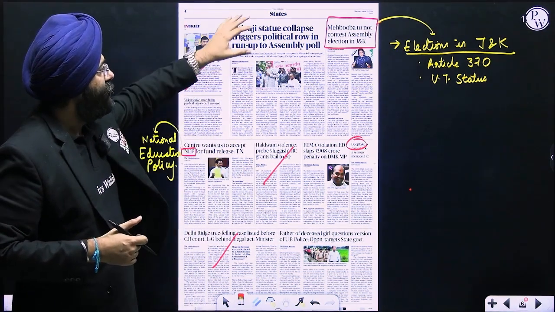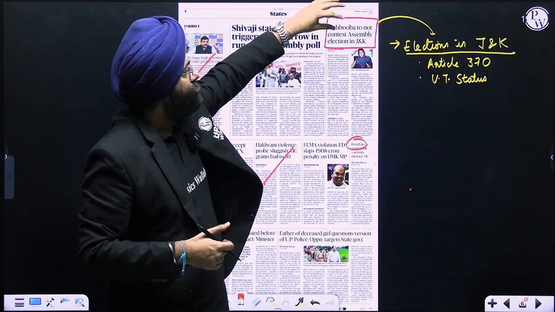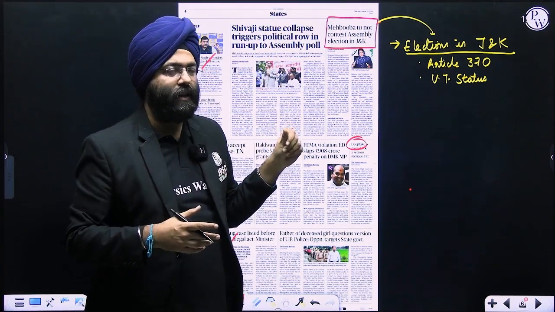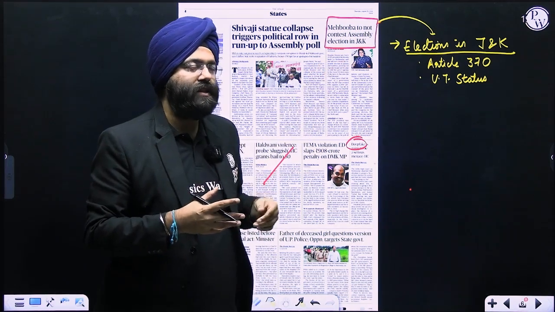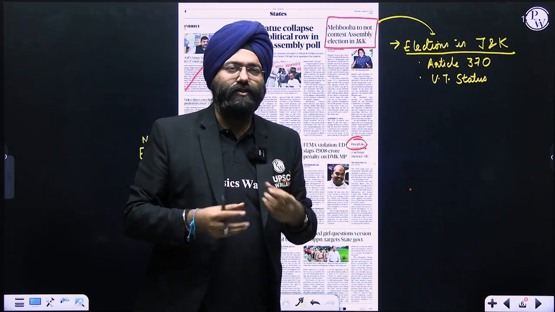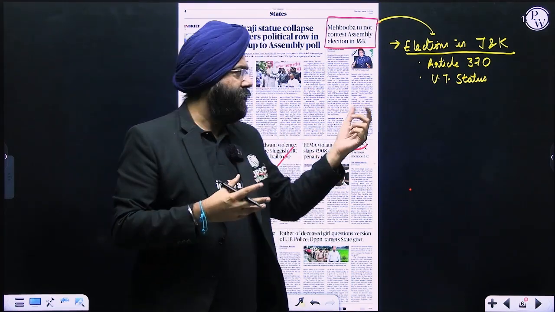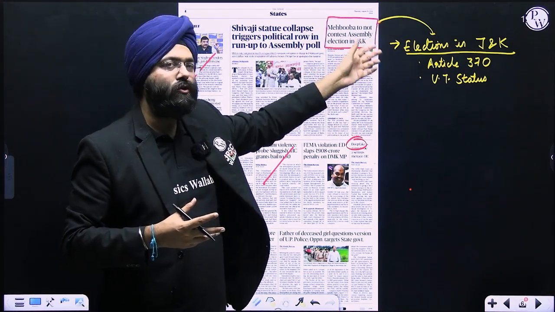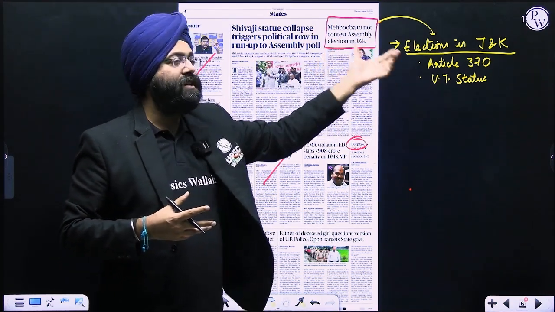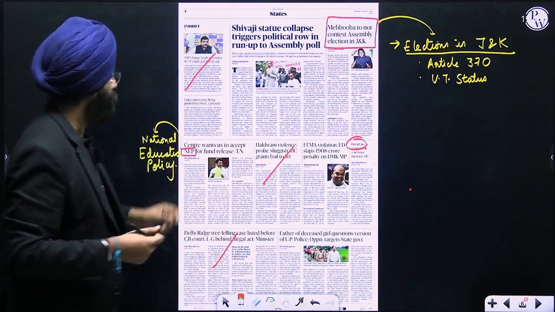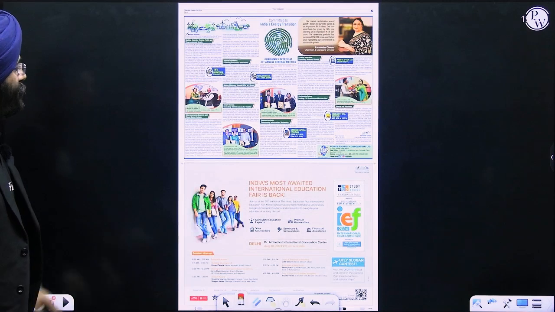Now, if you see, here it's mentioned an election in Jammu and Kashmir. Now remember, for us, the political news is not important. We need to know that the election in Jammu and Kashmir is taking place. We need to know Article 370. We need to know the aspect of Union Territory status and how the elections are going to take place. So these are certain things that we need to understand. We don't have to worry about what the political issues are. We need to know these things, because using this news, UPSC can prepare questions on the background information. Clear? Let's move ahead.